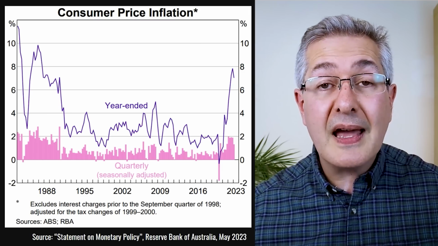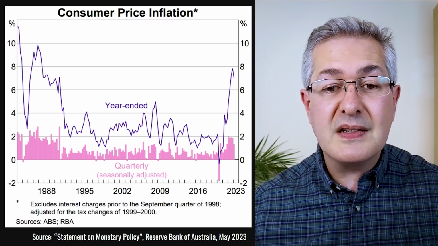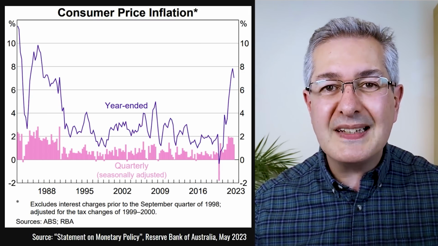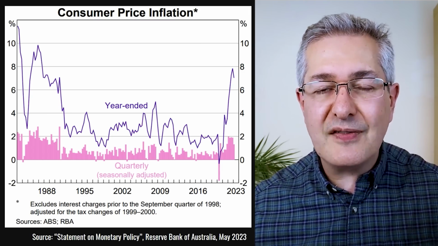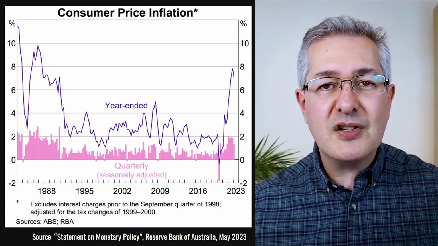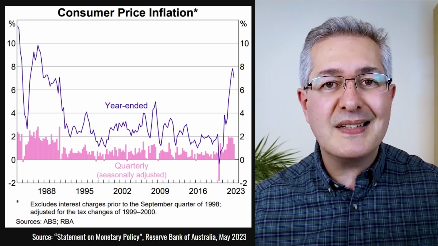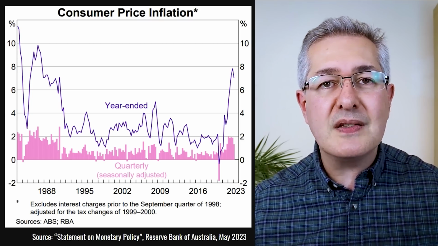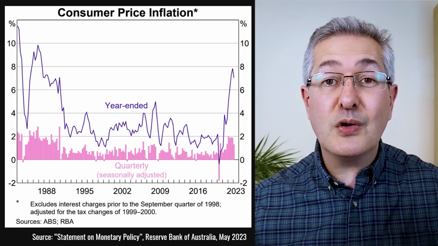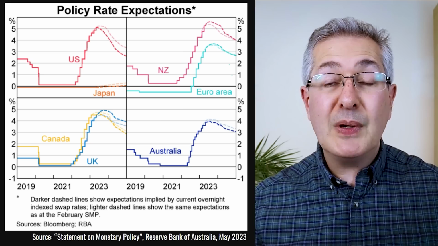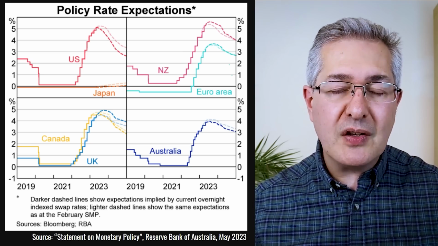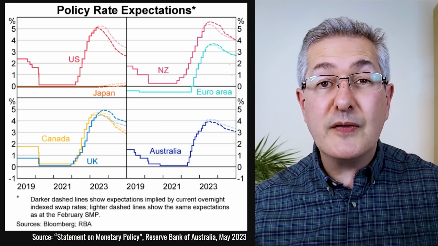In Australia, as we see in other developed markets, inflation has pretty much peaked now. We are seeing disinflation, but the rate of inflation is still pretty high year on year. Now, the central bank still can't take it easy and reduce interest rates, but it can start to think about not increasing interest rates. If we look at the policy rate expectations, these are backed out of the overnight interest